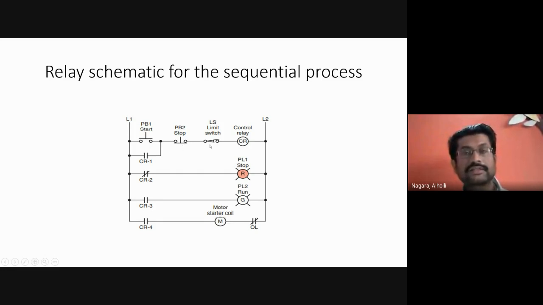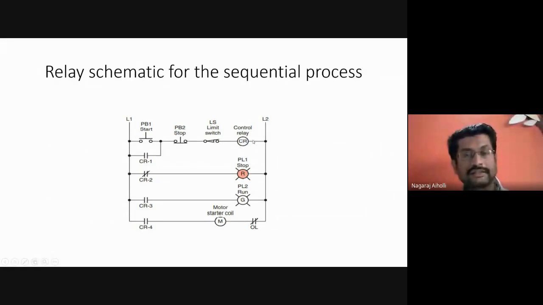So when push button 1 is pressed to close, these are also closed and the control relay is activated. This control relay is controlling the turning on and turning off of the motor.